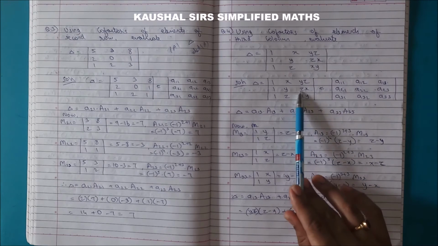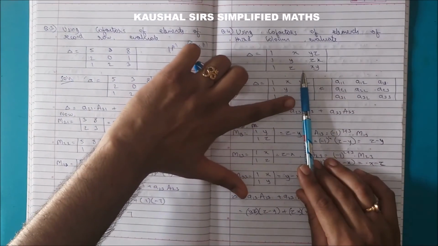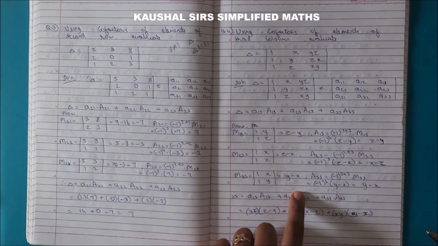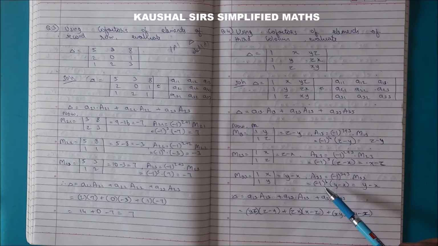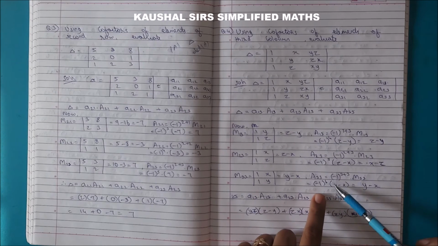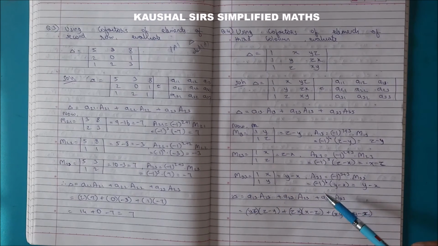Okay, then coming to M33, minor of A33, which is covering the third row and the third column. So we get determinant of this four element. So you get y minus x. Then go for its cofactor, A33: minus 1 raised to 3 plus 3 into M33, minus 1 raised to 6 into M33 का value है y minus x. So negative 1 raised to even power is actually plus 1. So 1 into y minus x is y minus x.